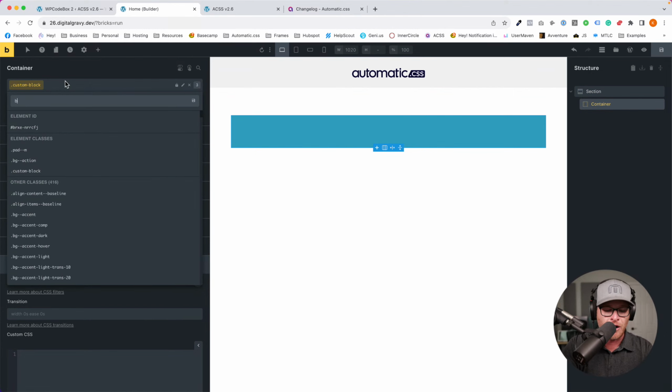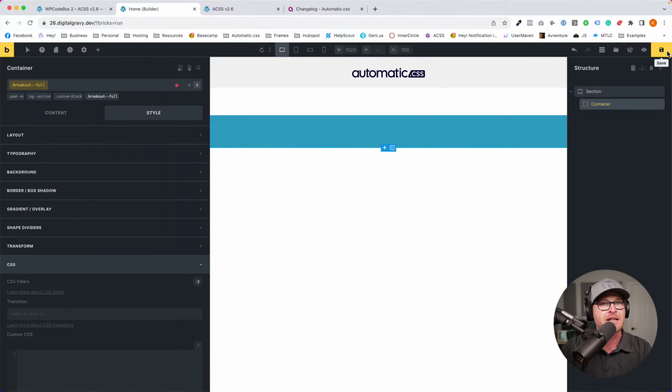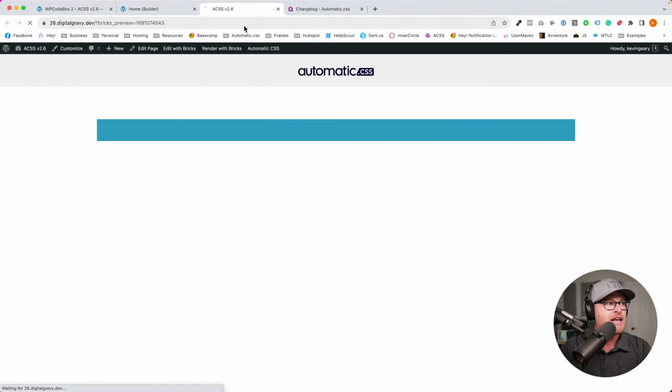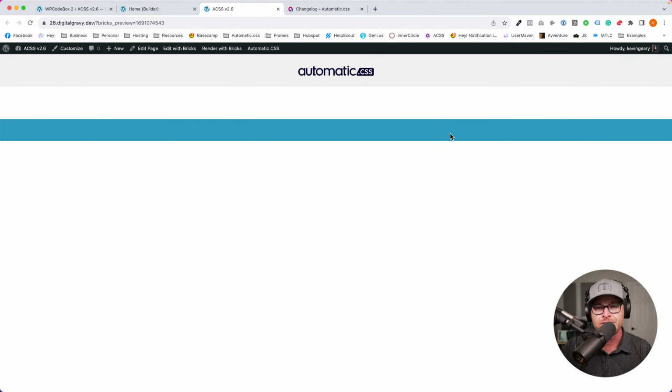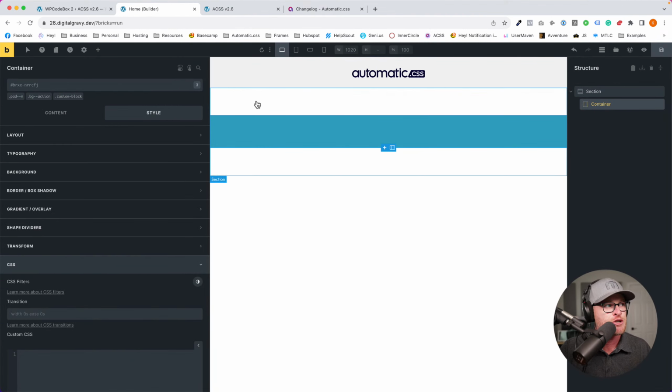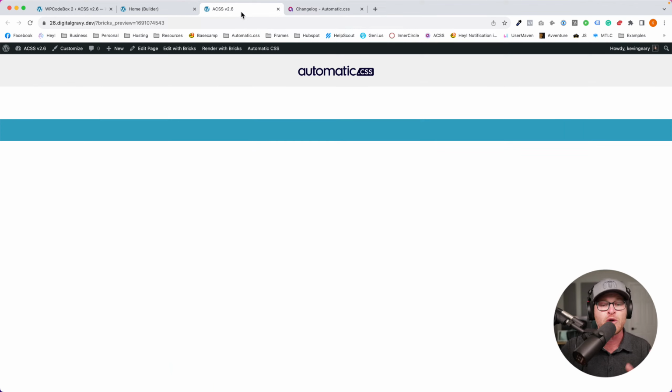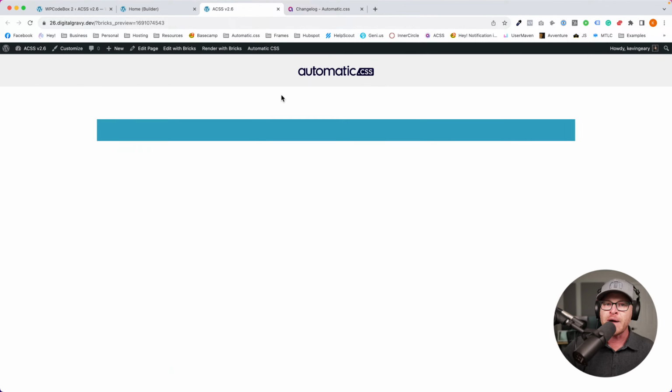Actually, let me back up. We also probably all know you could do breakout full or something like this. If I put the breakout full class on here, then I am going to get this to go full width. That is always a possibility, and it is still a possibility. But there are situations where you probably don't want to use a breakout class. We don't need to cover those situations right now. What we're doing is just showing you alternatives. One of my goals with Automatic CSS is that you're never in a situation where there isn't a good solution, and the optimal solution is at your fingertips.